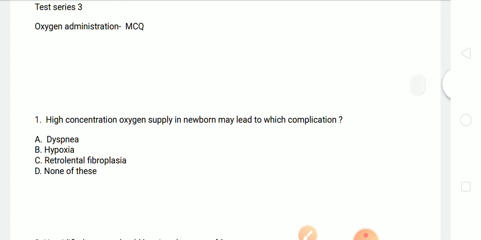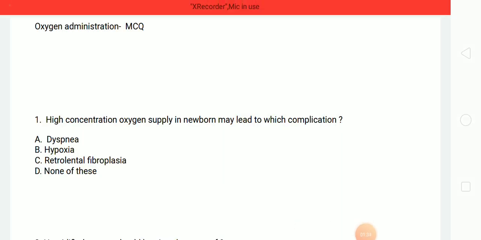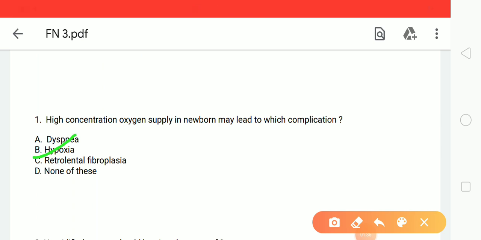Now option A, dyspnea, means labored breathing. Option B, hypoxia. Option C, retrolental fibroplasia. Option D, none of these. The right option is C, retrolental fibroplasia. Option C is the correct option. Next